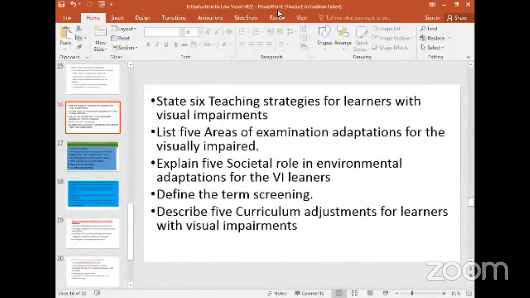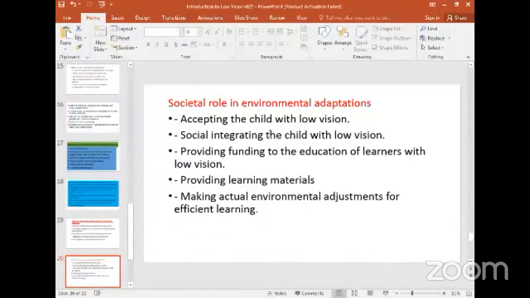Now we are looking at more: the social integration of the child with low vision. When we talk about social integration, this is where we put them together with the other children, and provide funding for the education of learners with low vision. So the society will provide the funding and the learning materials, and also make the actual environmental adjustments for efficient